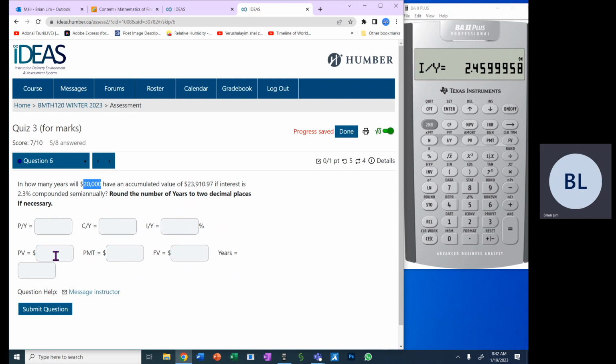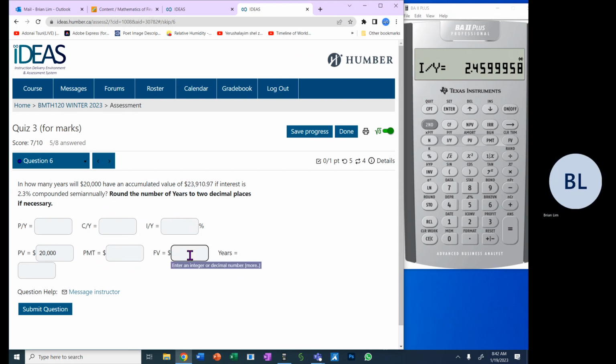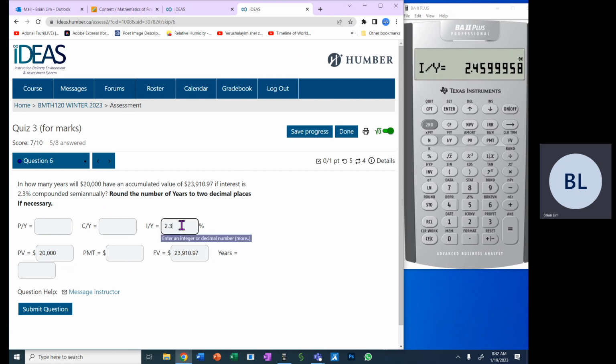So let's copy it and paste it in here. And the accumulated value, that is indeed the future value, $23,910.97. So there we are. Okay. Interest is 2.3% compounded semi-annually, so we take the 2.3% and put it in there. Compounded semi-annually, so we have 2 for PY and 2 for CY. All right, the payment is indeed 0, and now we have to